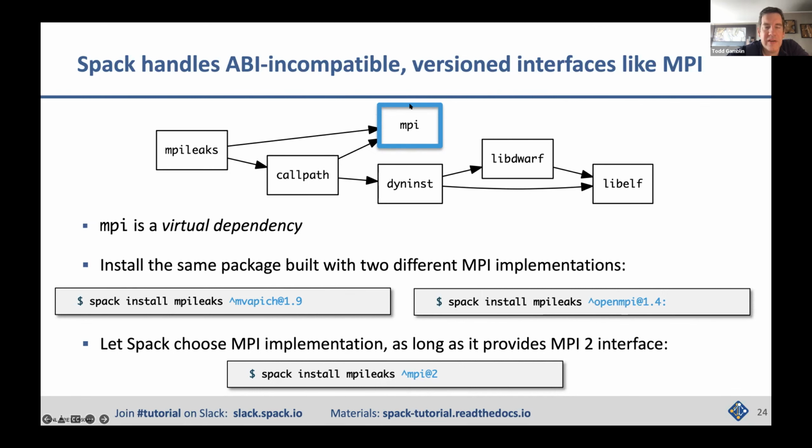The packages are written to depend on the MPI interface, but when Spack concretizes the spec, it has to choose an implementation of that interface to actually build. And so what's going